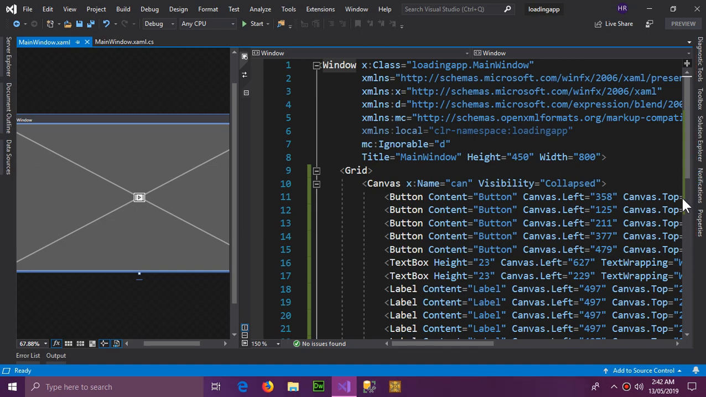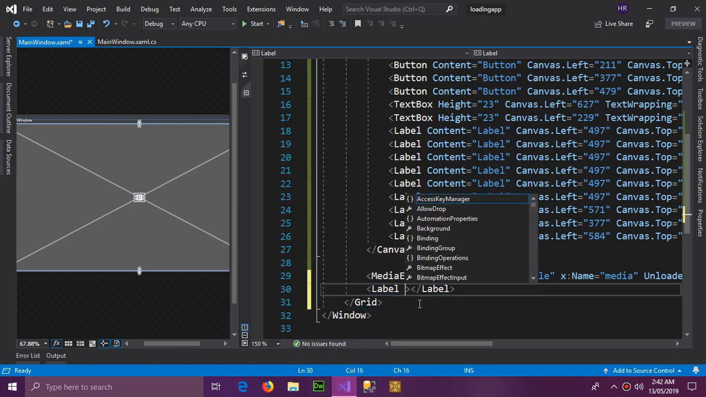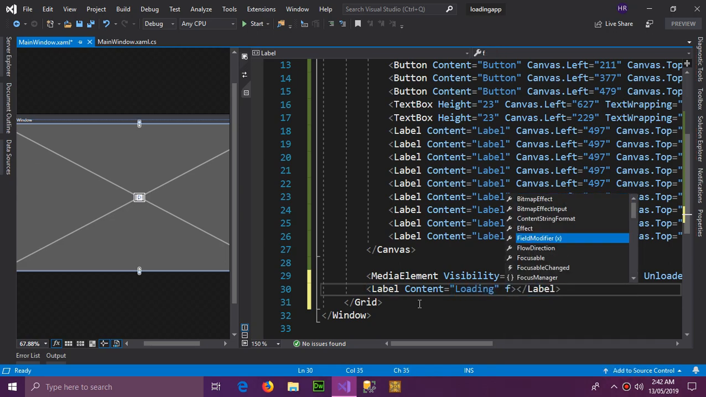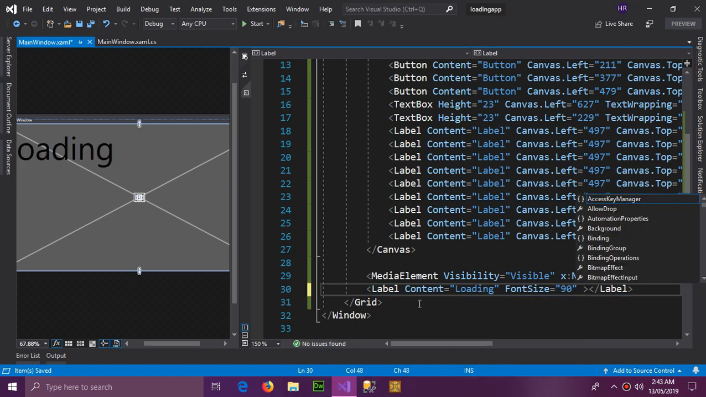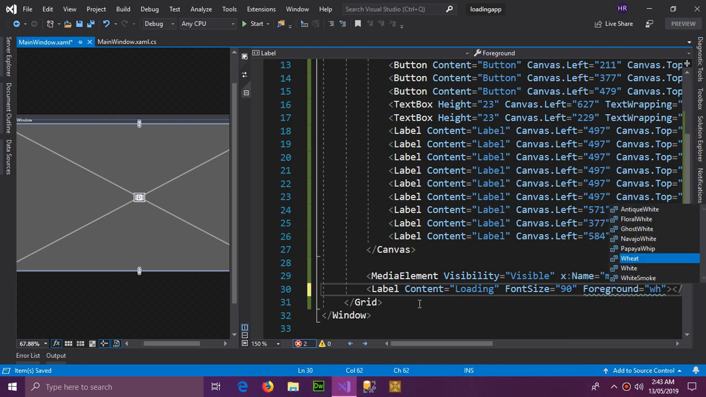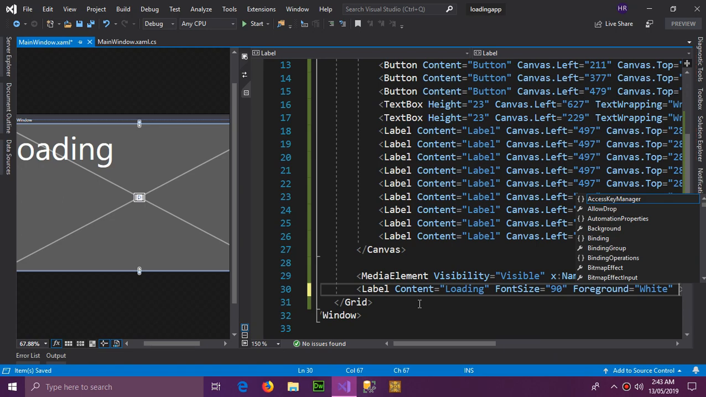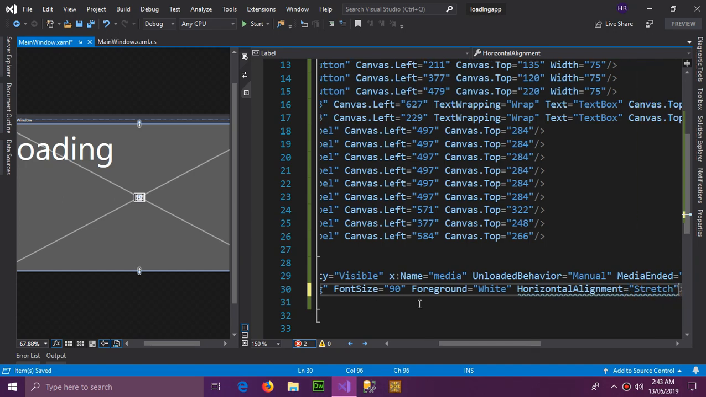Now the last thing I want to do is I'm gonna create a label and set its content to loading, and its font size to 90, and also the foreground to white, and the horizontal content alignment to stretch,